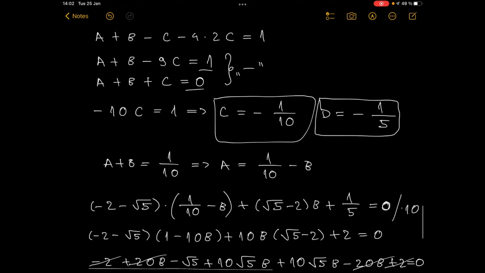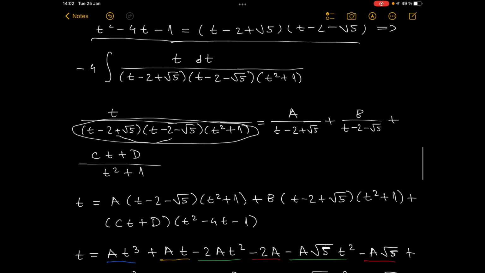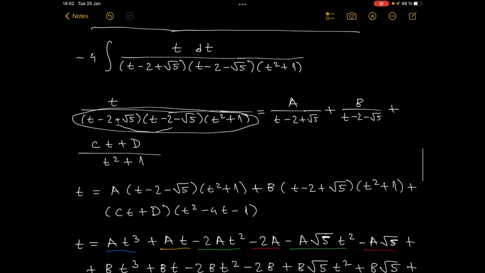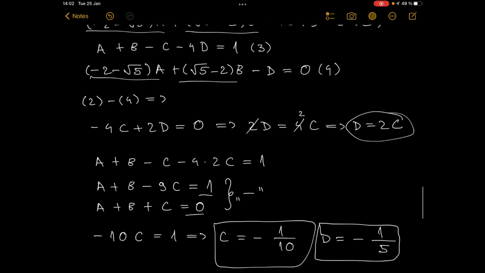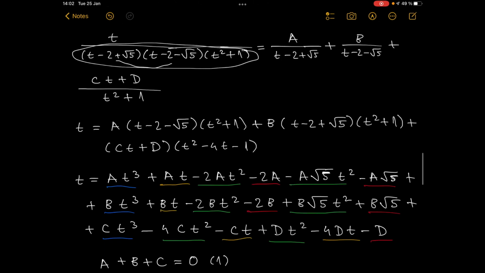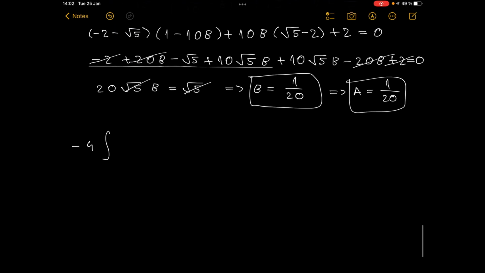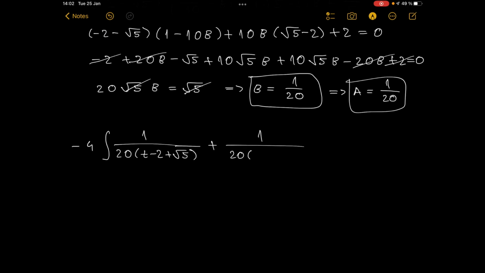Okay, now when we know this, we can rewrite our integral as minus 4 times the integral of a over t minus 2 plus square root of 5, 1 over 20 times t minus 2 plus the square root of 5, plus b over t minus 2 minus the square root of 5